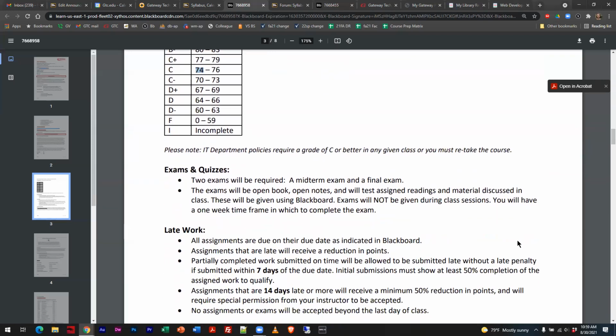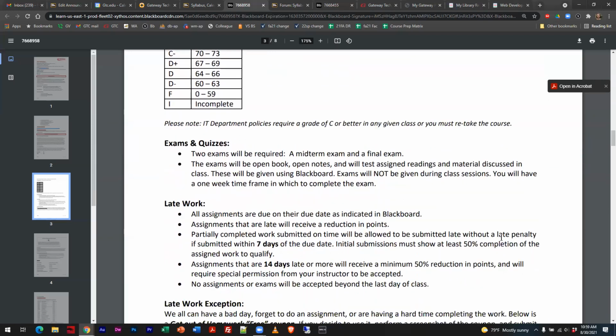All right, so exams and quizzes: 2 exams, a midterm and a final. I want you to note the exams are open book, open notes, open internet, phone a friend. They're kind of like that because you take them on your own time. So we never do the tests in the classroom. We won't come in one day and say, okay, today is test day, and just sit here and take the test. You do that on your own time.